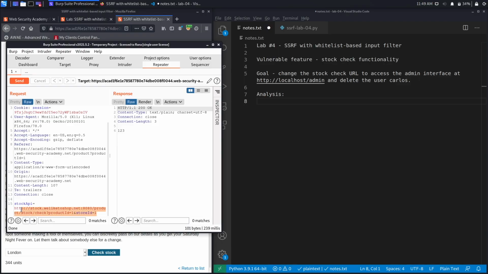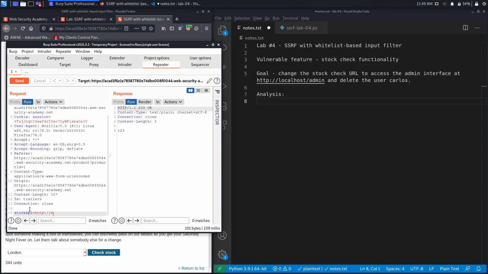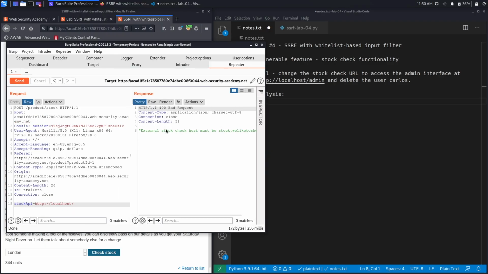All right, so the first thing we do is try to access localhost. Let's hit send. And we get an error that tells us that the external stock check host must be stock.weliketoshop.net. So unlike the previous labs, it looks like the application is parsing the URL and extracting the host name and then validating it against a whitelist. And the whitelist has to be exactly